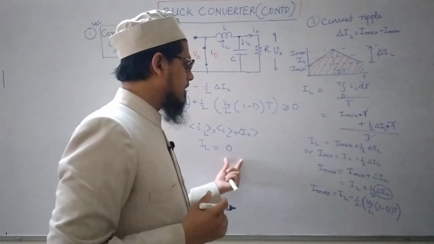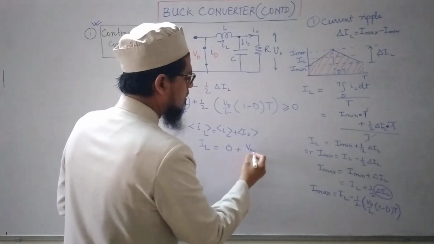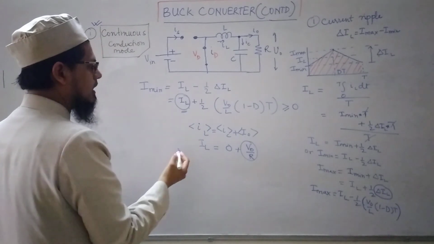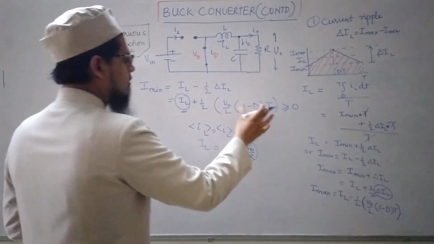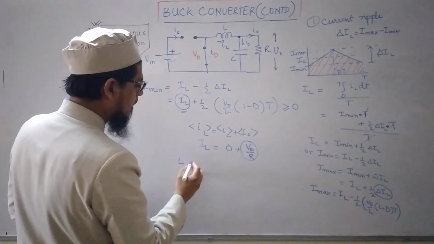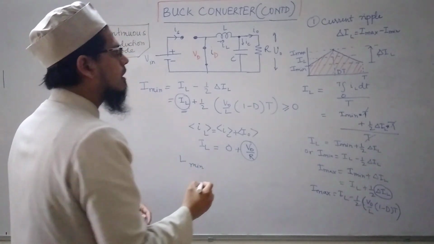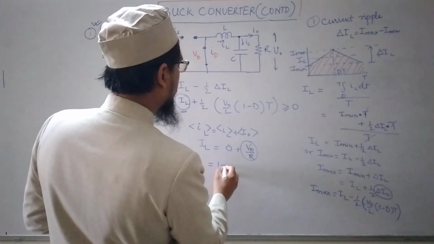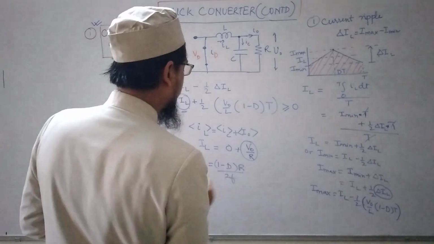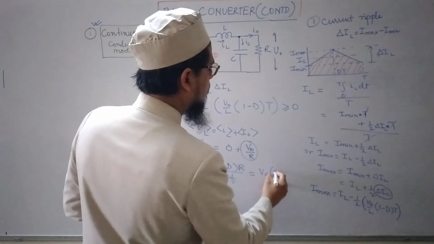If I apply that principle, the average value of the capacitor current will be equal to 0, plus this, since this is a constant value, is equal to V naught by R. So that means IL is V naught by R. I put it here, and finally if I rearrange the expression and represent it in terms of L, then L minimum will be equal to (1 minus D) times R upon 2F, or I can write it in another form, which is V naught into (1 minus D)